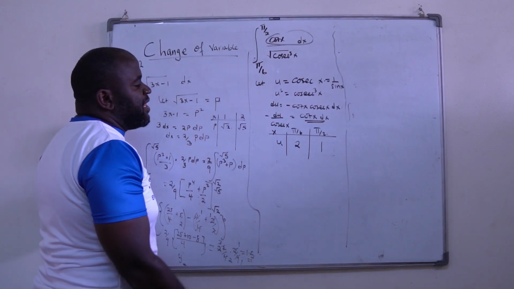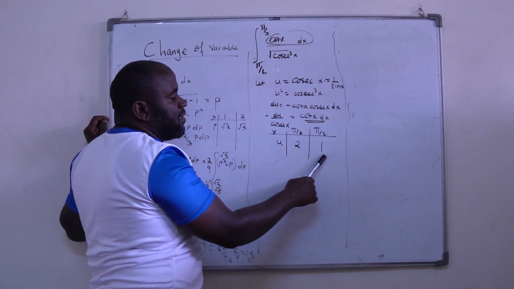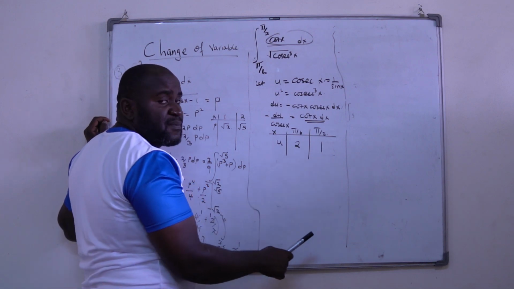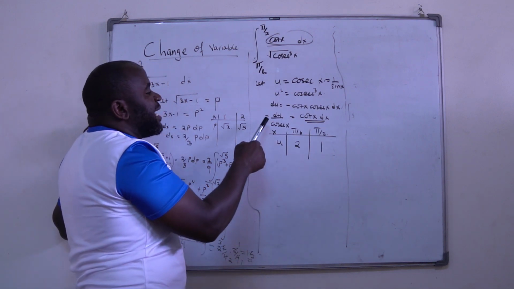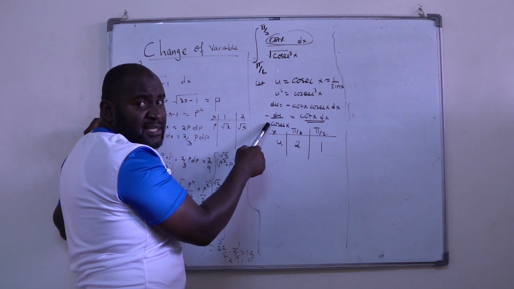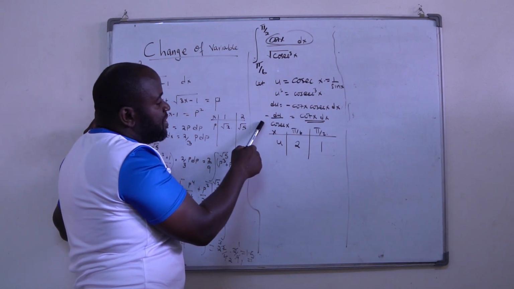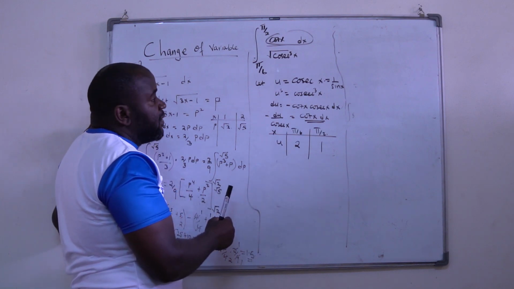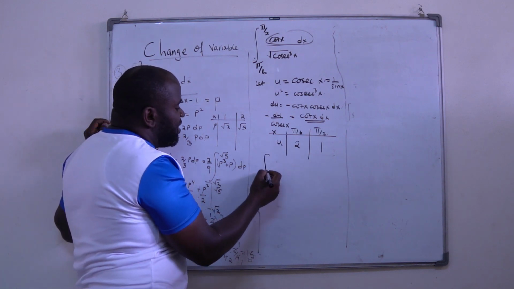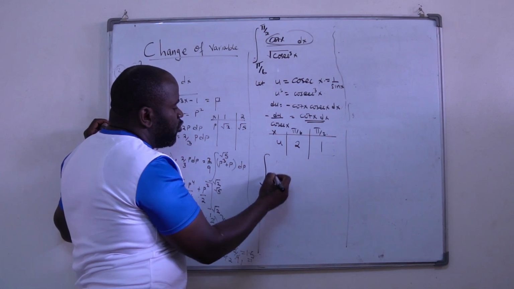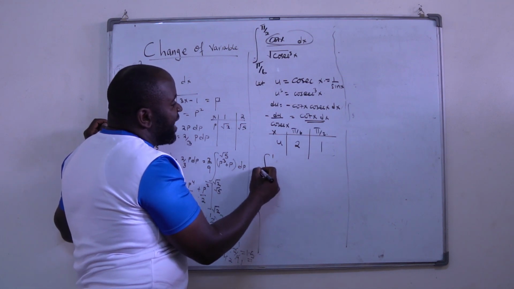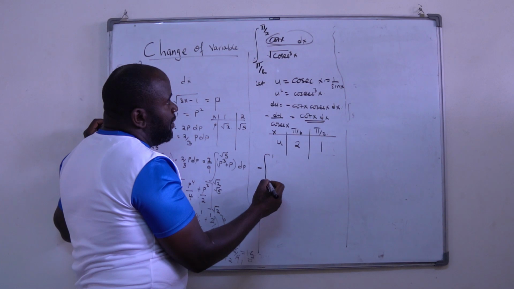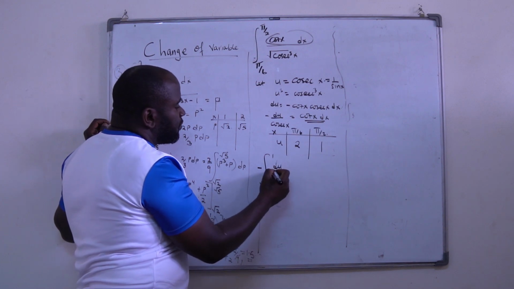Now, one may wonder, why are the limits going from a smaller limit to a bigger limit to a smaller limit? You should not worry about it, because at one point there must be an induced negative, which is here. So this negative will cater for this arrangement of the limits. So it's from that note that I'll have the integral from 2 to 1 of a negative du